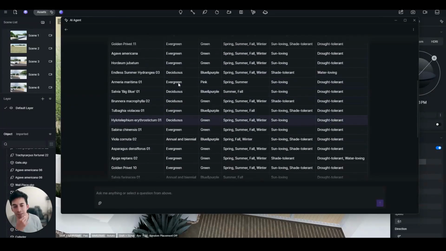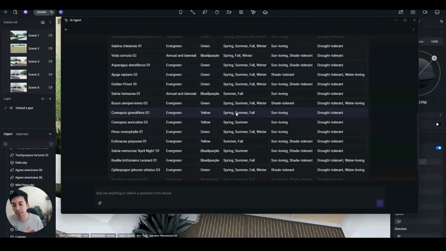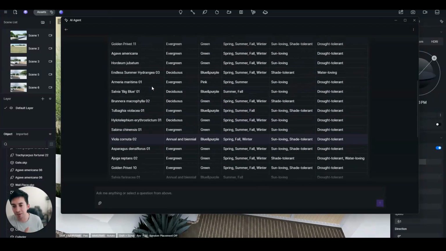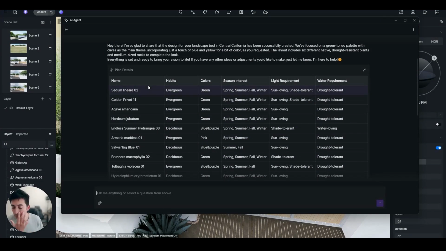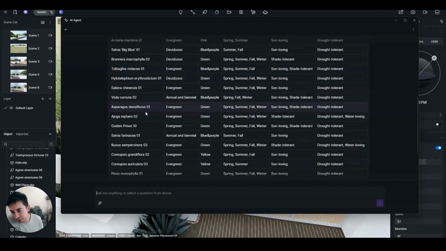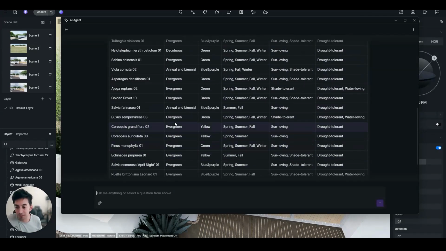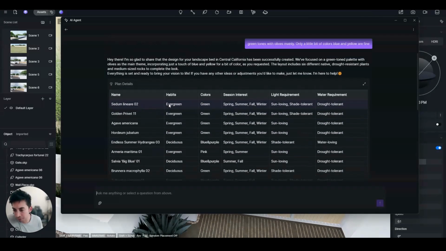So as you can tell, I think it's great in the fact that this tool is amazing, but it still needs some work, because I did say I only want 5 different plants of this layout, and it gave me 20. Now, for a landscape person that is dedicated to landscape and knows about their plants, that's great, because it can really go ahead and eliminate. But for someone like me that I'm not that familiar with the names of plants and everything,